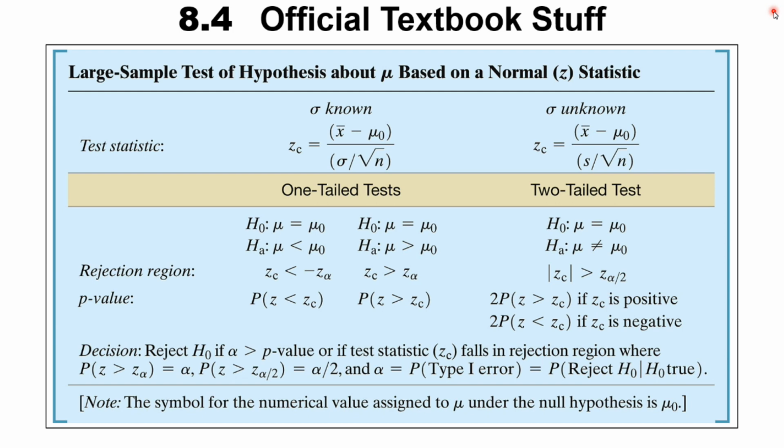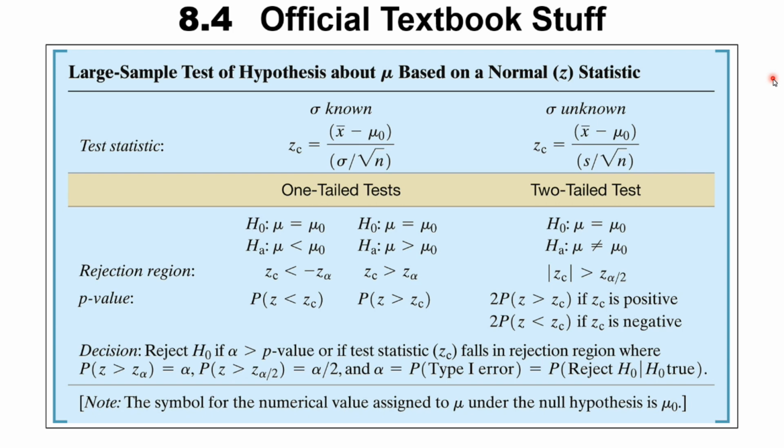All right? So we're going to use x bar to learn about mu, to conduct a test of hypothesis about mu. So our test statistic here, if sigma is known, is: we take our statistic x bar, subtract off the value that we're hypothesizing mu to be, and then divide by the standard error. If sigma is unknown, which is most likely the case, but we have a large sample size, then we just substitute in the sample standard deviation, and because of the central limit theorem,